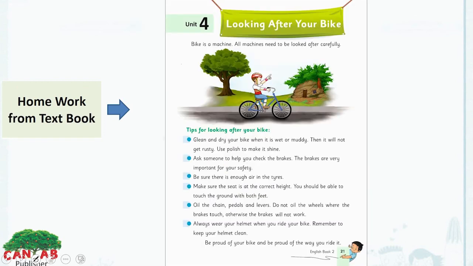And this is your homework from textbook. You have to find the ing form of verb here, which we have discussed. The verb which is having the ing form, you have to underline it from this paragraph here, from this page here. This page is from unit 4. You have to just read it and underline the verb form which is